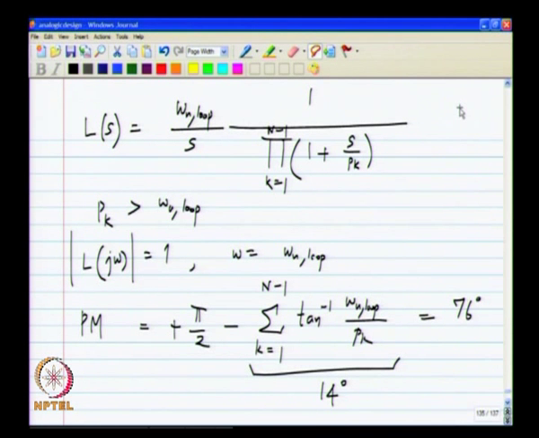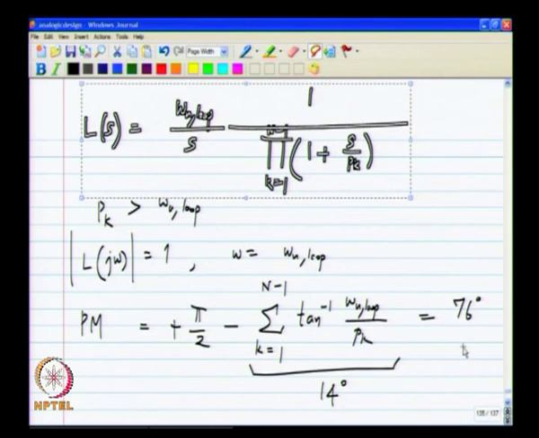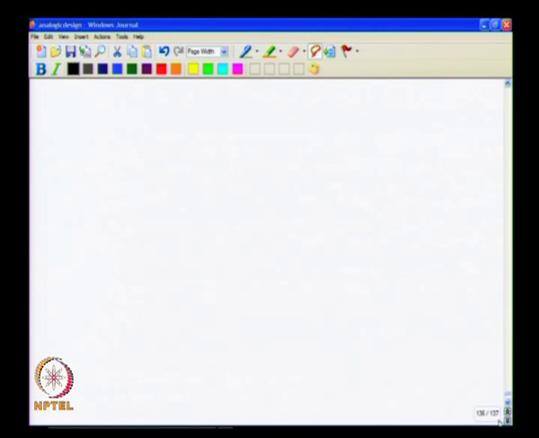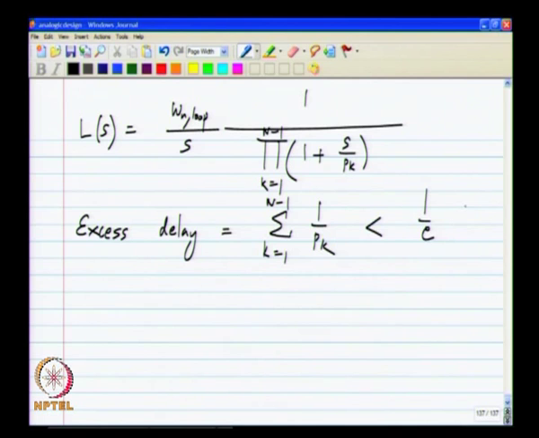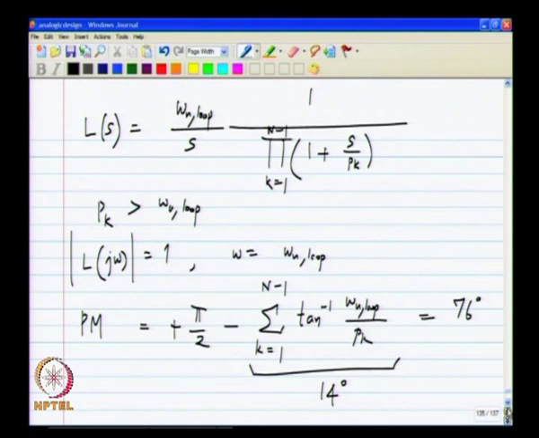Alternatively, we can also think about it in terms of delay. So, the total excess delay here is the summation of all these poles, and this has to be limited to some reasonable value, which is either 1 by e times 1 by omega u loop, or if you are willing to relax it a little more, half of 1 by omega u loop, and so on. Similarly, the phase margin criterion is not absolute. So, this could be